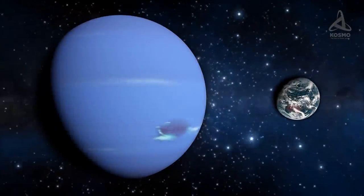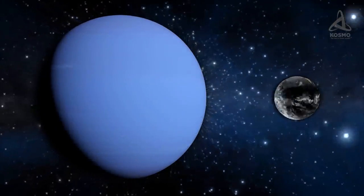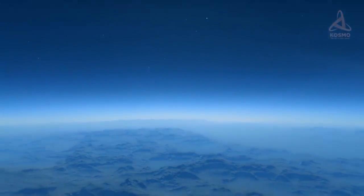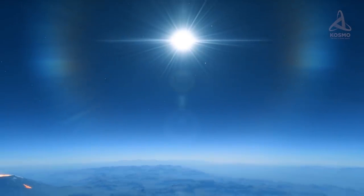This planet is 17 times the size of the Earth. Neptune is also known for its dire climate. The strongest winds in the solar system blow in its atmosphere, and according to some estimates, their speed may reach 600 meters per second. A wind of this force would upend any object of average size landed on the planet's